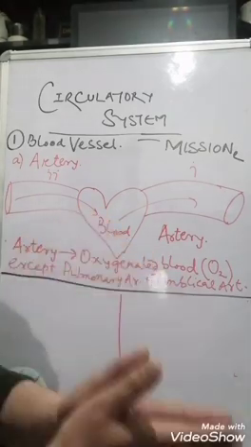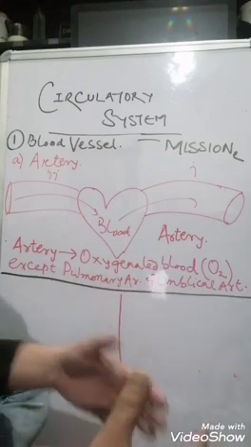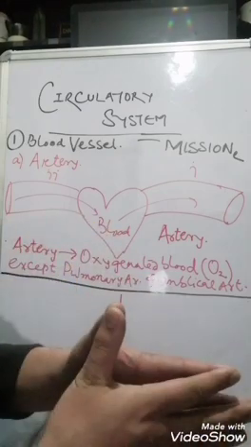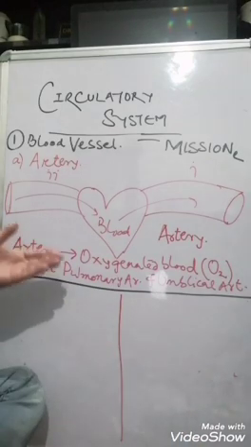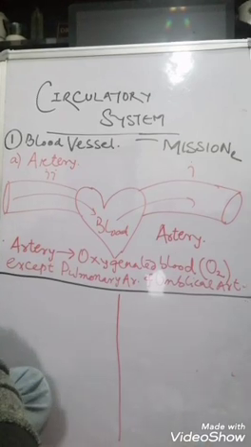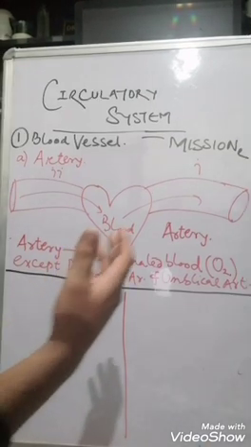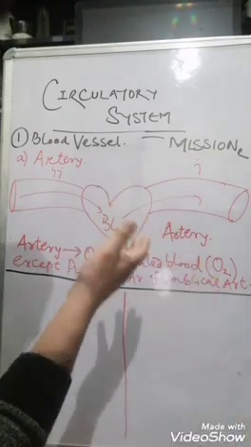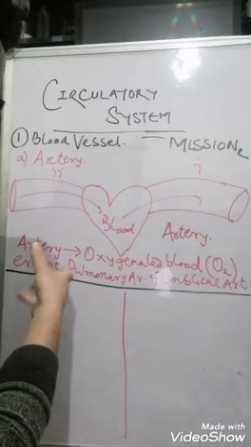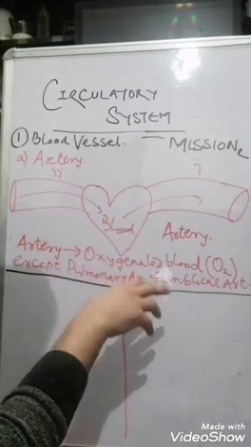These are the two arteries in the body which do not contain the oxygenated blood, the blood with the oxygen. So what do they contain? The pulmonary artery and umbilical artery contain deoxygenated blood. Yes. Now, having said that the artery takes blood away from the heart and the artery mostly contains the oxygenated blood,